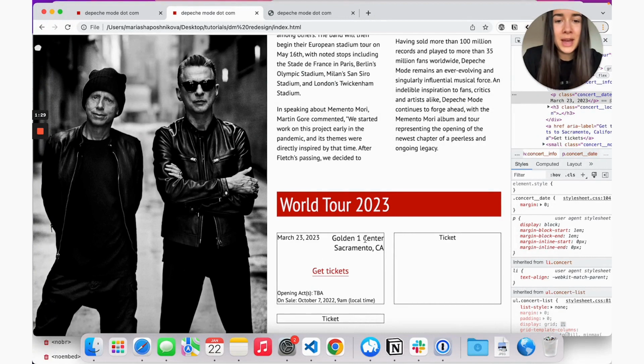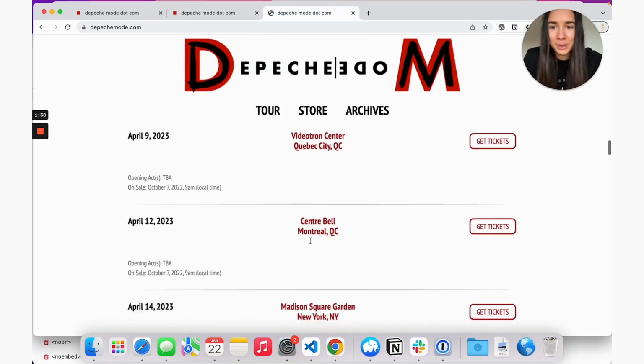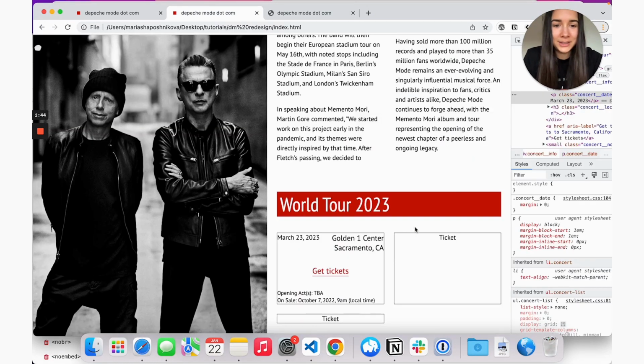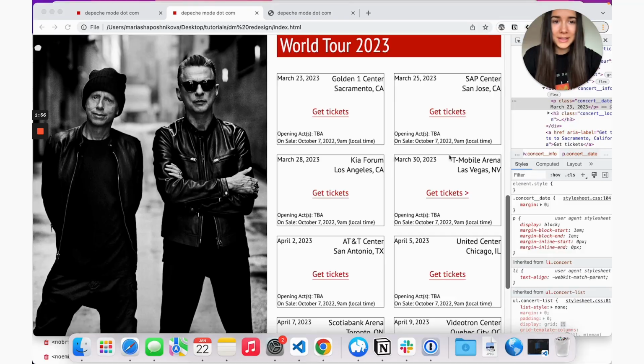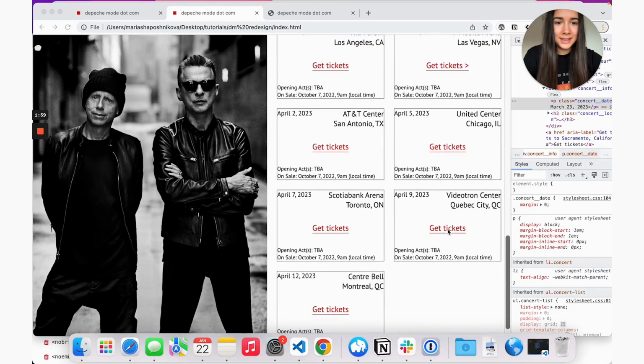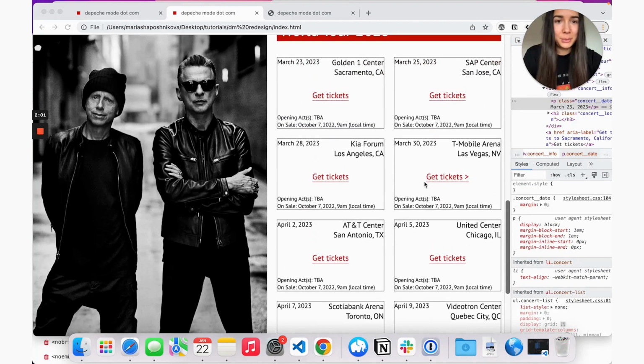So what I'm going to do now, I'm actually going to copy a few more tickets over to this file just so that we have more of them here. I'm not going to copy all of them, but maybe like 6 or 9, just so that there is something here. Okay, so I added a couple more tickets here, so we have something more to look at.